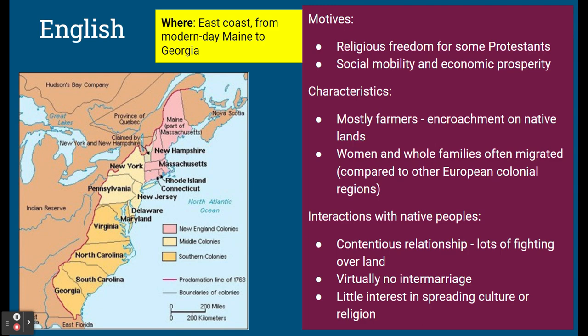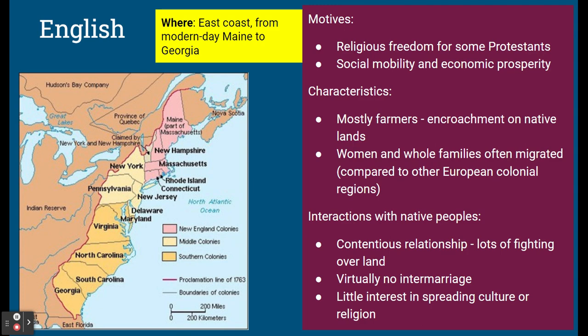So the characteristics of English settlers, as opposed to the French or the Spanish or the Dutch: they were the ones who were much more likely to migrate with families or wives. Now, there were still a lot fewer women than men, but because many of them did become farmers and were looking to own farms, many of them did bring families or wives with them. So a lot of these farmers had families with them, which meant that a lot of times this is going to change their interaction with Native peoples. And I'll talk about that in just a second.